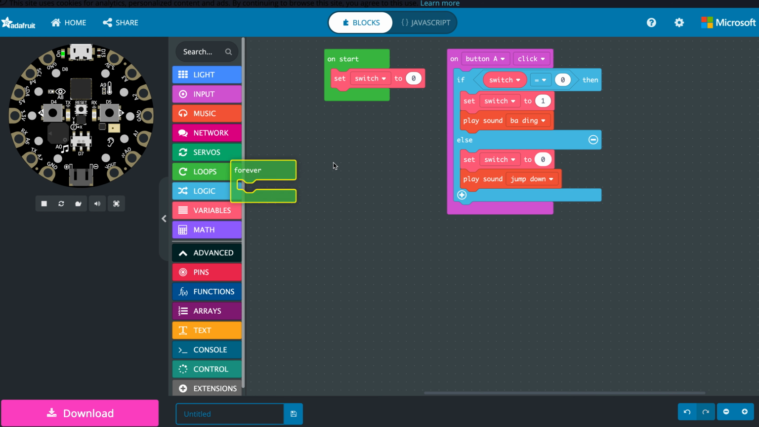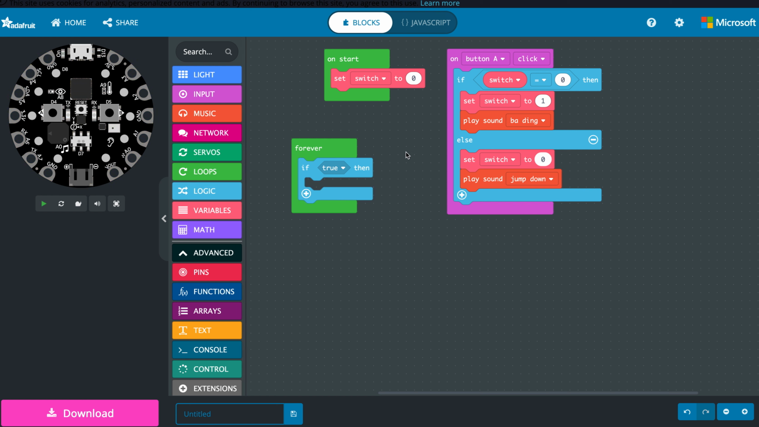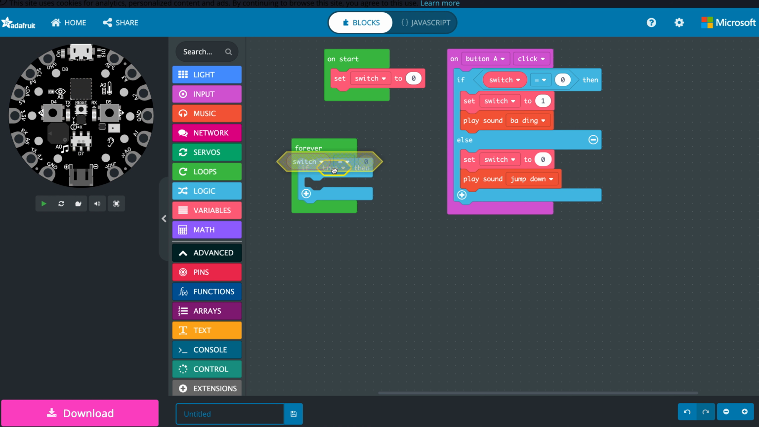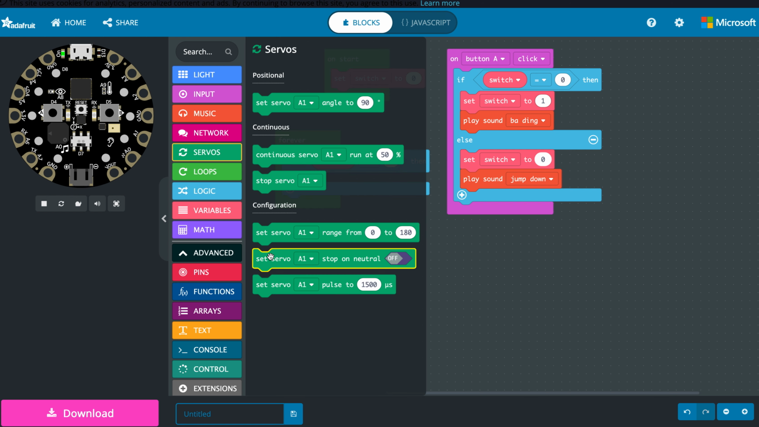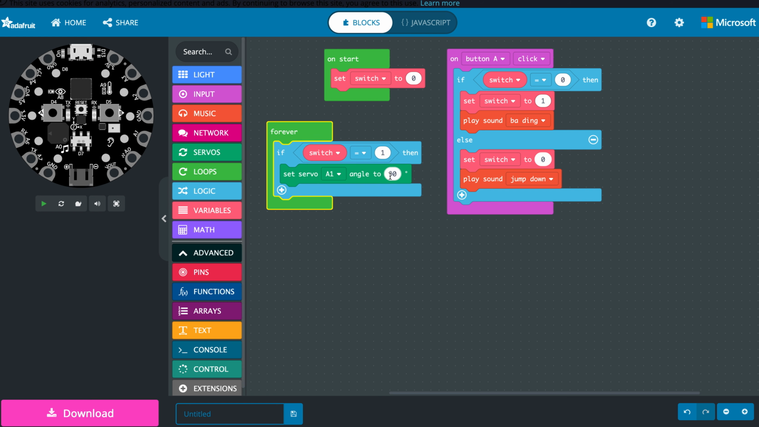So we'll get a forever loop, and we'll need another if-then block. And here we're going to use a similar comparison to over here. Right? In fact, I can just duplicate this. And so we said that 0 is off and 1 represents on. So if switch equals 1, meaning if we want it to be on, then we will make our servos move. So if switch equals 1, we'll set the servo angle to,